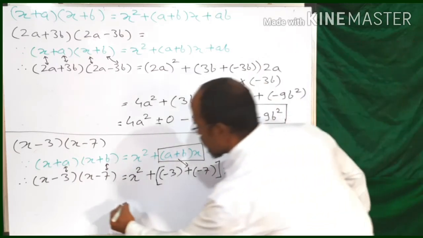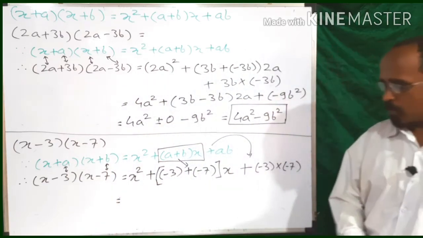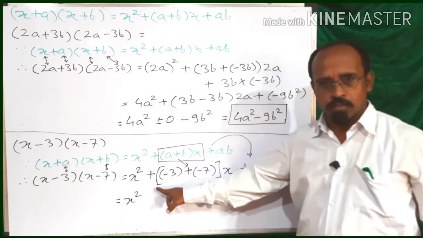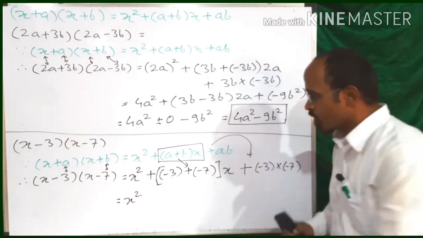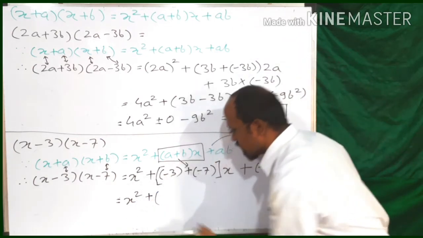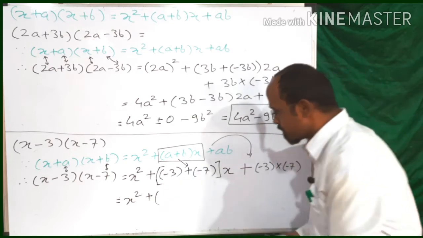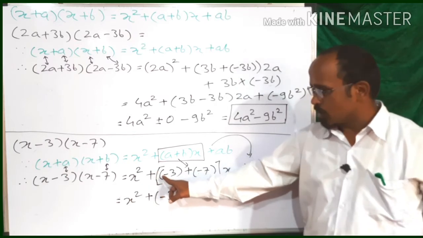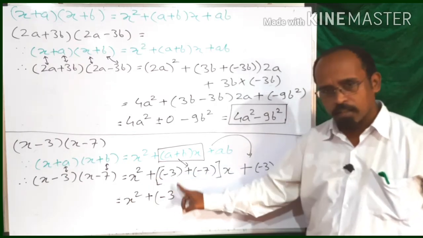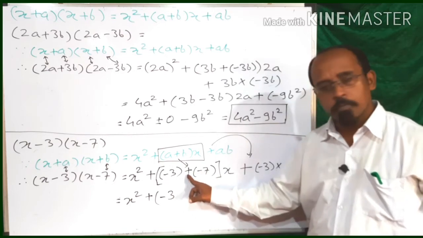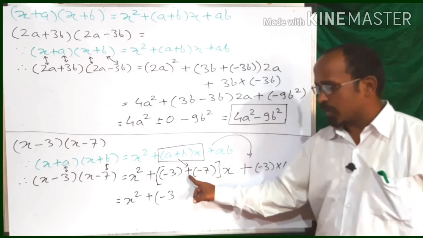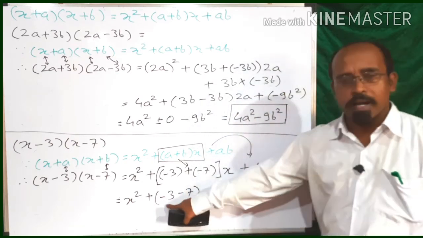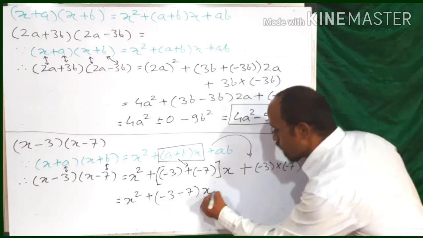Now let's solve all the terms from left to right using BODMAS. x² as it is. A lot of brackets are there, so first we have to remove the brackets. First this plus will be as it is. Now inside the bracket, minus 3. The symbol outside the bracket is minus plus. No symbol means plus symbol. So I will write minus 3. Minus plus: the symbol outside the bracket is plus, so don't change the sign of the number. So it will be minus 7. Minus 3 minus 7 into x.